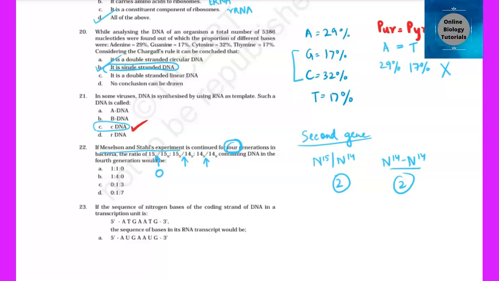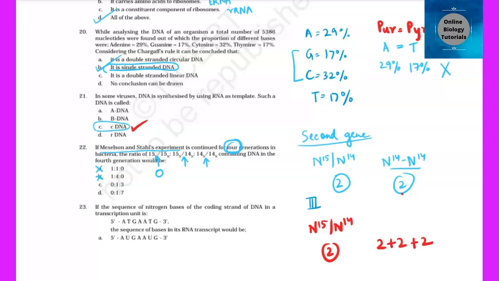This is a trick. So in this case, rule out these two options, because in both options the number one is written, and one corresponds to N15-N15. So we'll cut them. That means our option lies between options C and D. Now see, this is for the second generation. I have already written it. In the third generation, N15-N14 will stay the same at 2, but the N14 count of 2 will be doubled. So when you double 2, it will be 2 plus 2.